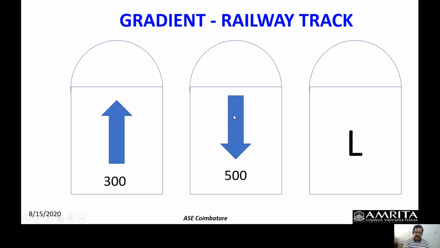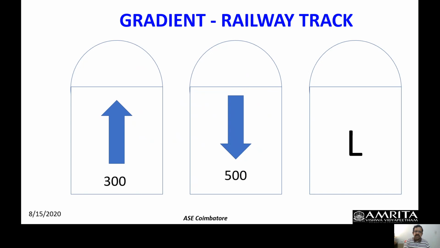So here it is a downslope. So he will be asked to slow down so as to control the speed of the train, and the downslope is like 1 by 500. Otherwise, the gradient is 1 by 500. So it means next 500 meters, the track is going to slope down by 1 meter. Now the last one is like the L. L stands for the track is level. So it means it is plains, he can speed up as per the speed limit. This is something that is commonly seen on the side of the railway tracks with these kinds of markings.